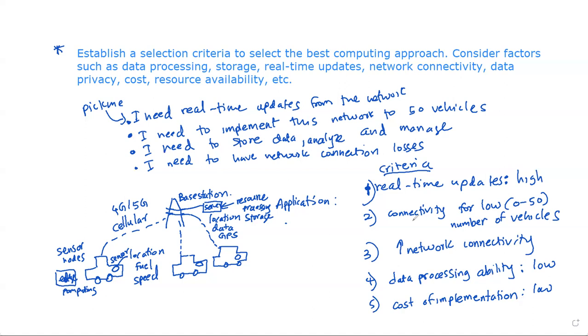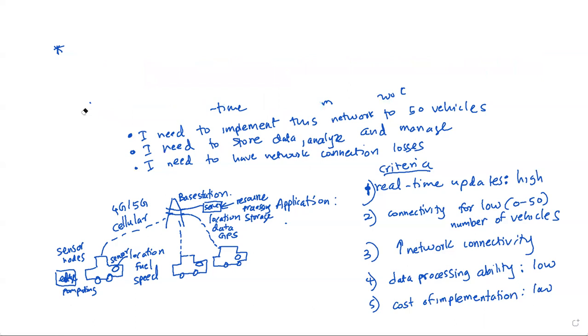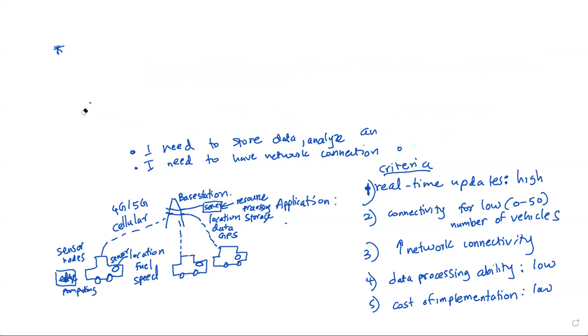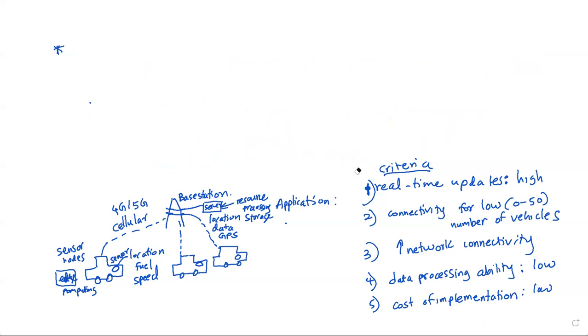So with this criteria, now we are going to decide which computing technology will suit this criteria that we have decided, right? So based on this criteria, we are going to decide which computing technology is best for us, right? So this is the criteria that we have defined. I will leave it as that, right? And we will move to the next question, right? So the next question is,